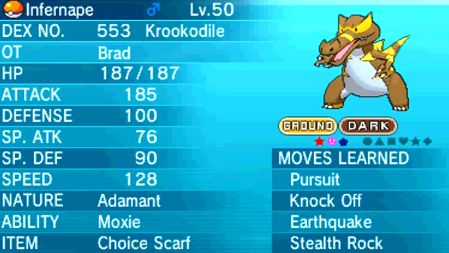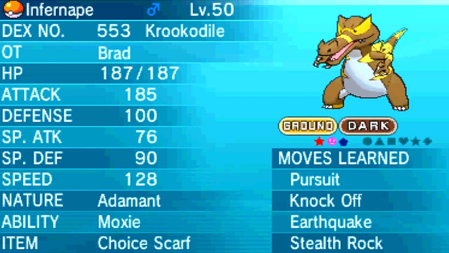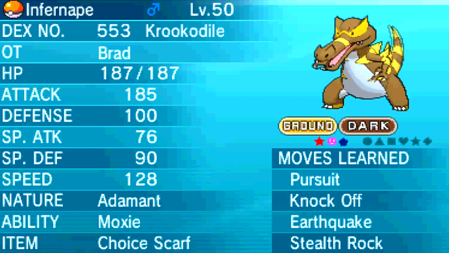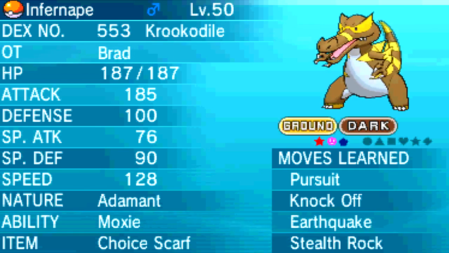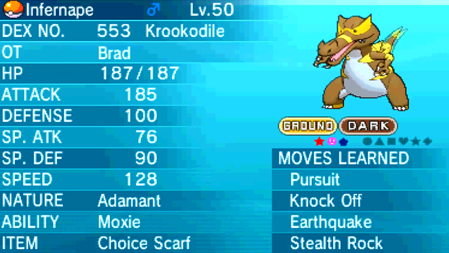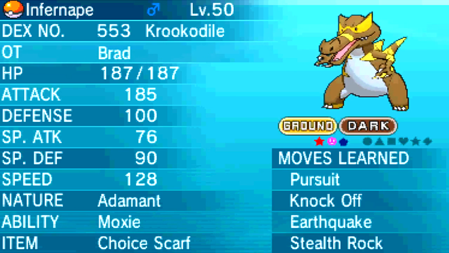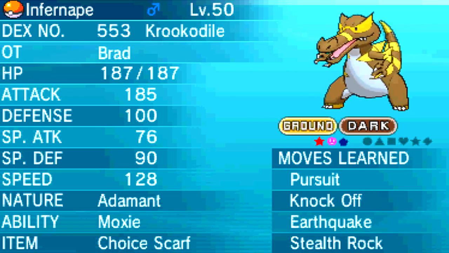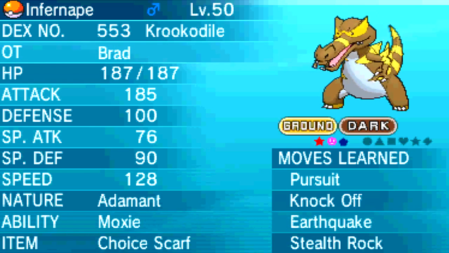Next up, we have Infernape the Crocodile. Now, he was Adamant with Moxie, holding the Scarf. It had 132 HP, 252 attack, and 124 speed. It ran Pursuit to trap Metagross, Knock Off, Rocks. We switched Rocks from Skarmory to Crook because we needed Roar on Skarmory for potential Substitute Metagross. We switched Stone Edge to Rocks for chip damage on his...